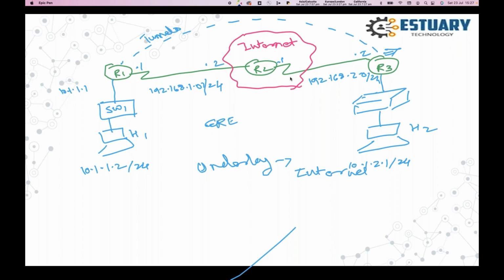So when the packet wants to reach, for example, 10.1.2.1, how does the packet look, right? Let's say my payload, I want to ping 10.1.2.2. My payload is ICMP. And on that payload, I got a GRE header.